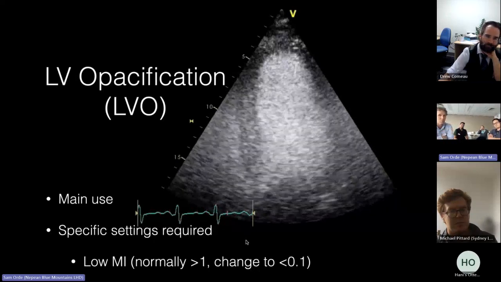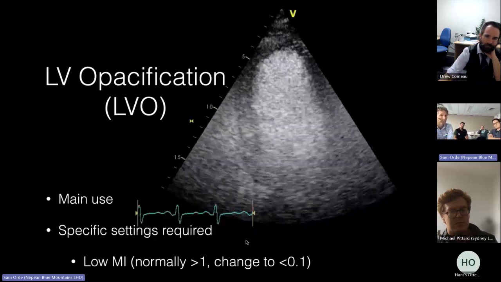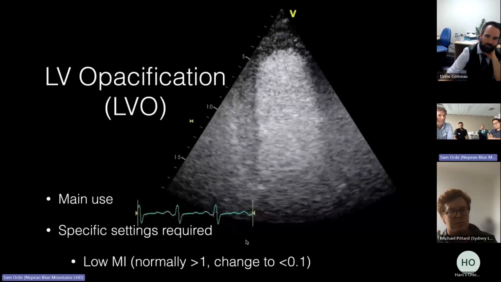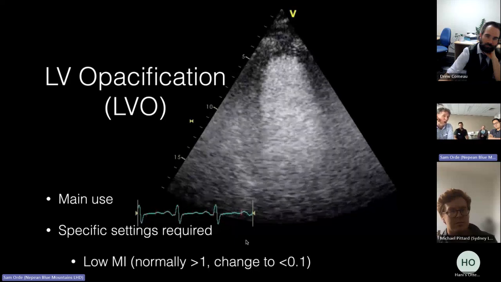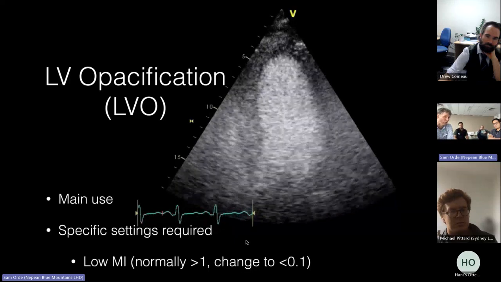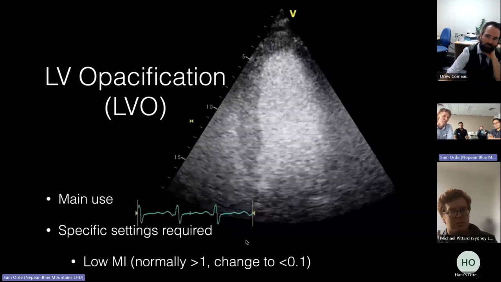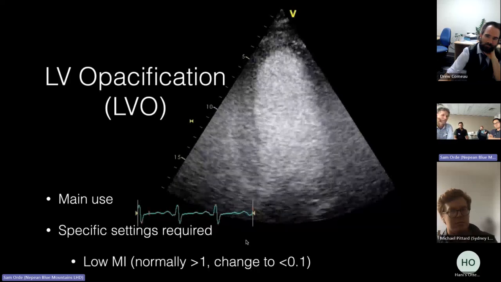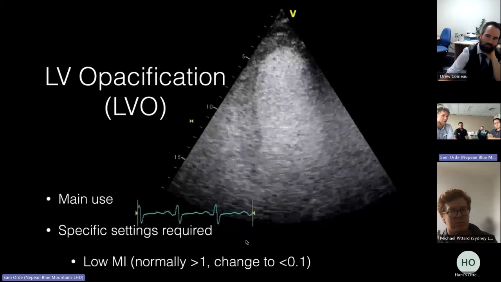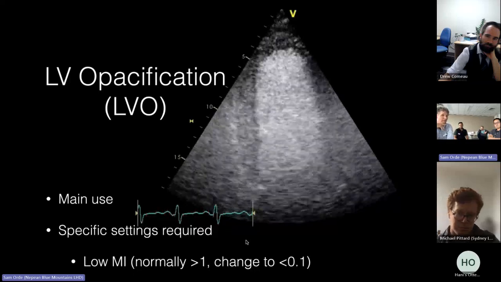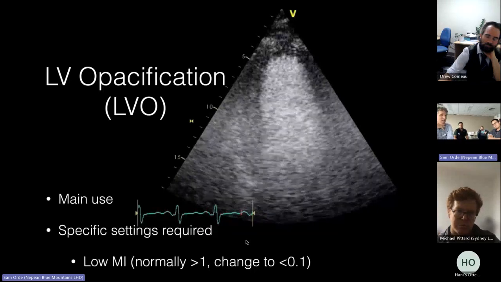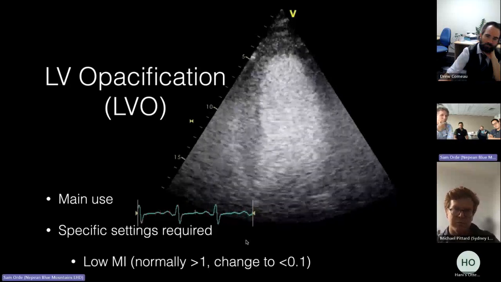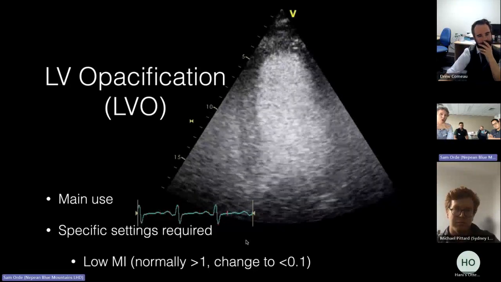And I'm going to show you examples of how it's absolutely essential to try and pick up cardiac function and thrombus. So the kicker is that you can't use normal mechanical index. So that's the power of the ultrasound wave. You've got to turn it down to about 10% of what it normally is. So we're normally working at mechanical index of about 1 or greater when we're doing standard transthoracic imaging. You've got to press the setting that takes you down to 10% of that so that you don't destroy the